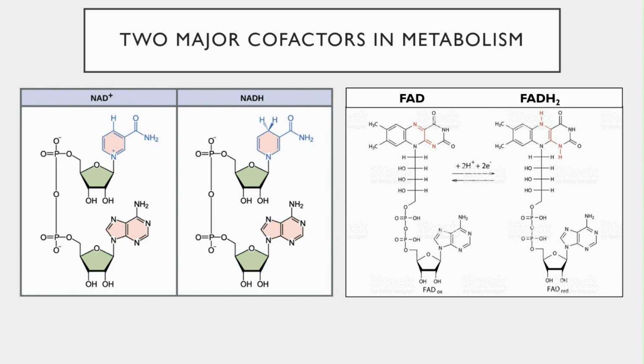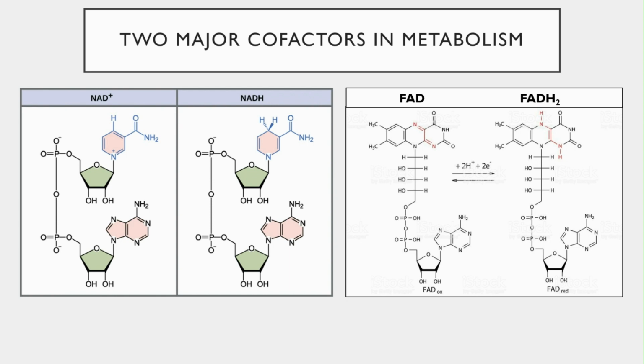These electron carriers have different names depending on if they are carrying or not carrying these electrons. NAD plus is not carrying the electrons, and so it can act as an electron acceptor where it can take on these electrons and become NADH. So if it acts as an electron acceptor during the oxidation of glucose, then it becomes NADH, which contains the extra electrons. NADH can then act as an electron donor for the electron transport chain, which is the last